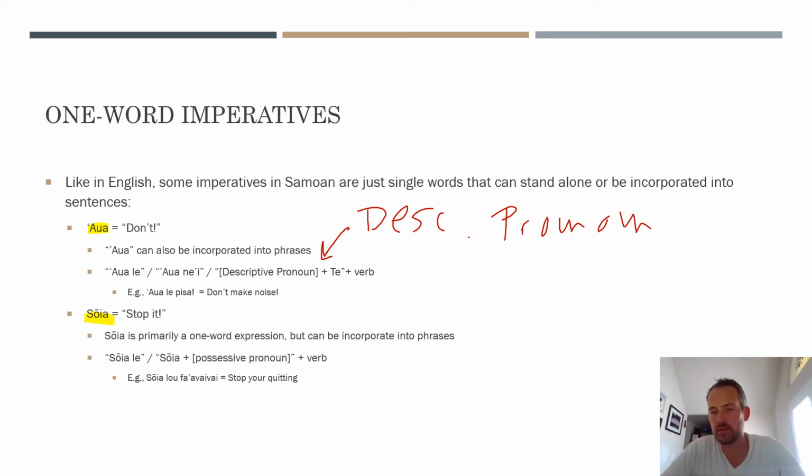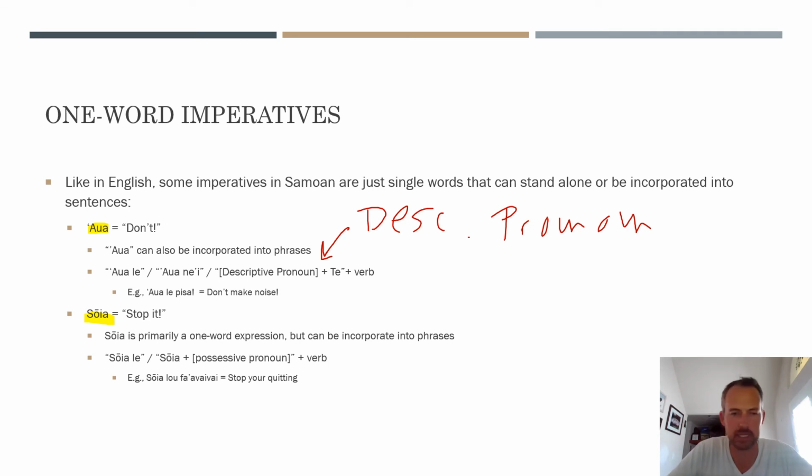But in Samoan, possessive pronouns convey a lot of the same things that an article does. So that's why I view that as being similar. It usually just precedes a noun. So in both cases, le and the possessive pronoun are turning the verb into a noun, so to speak. So those are the ways that I would consider using awa and soia in sentences.